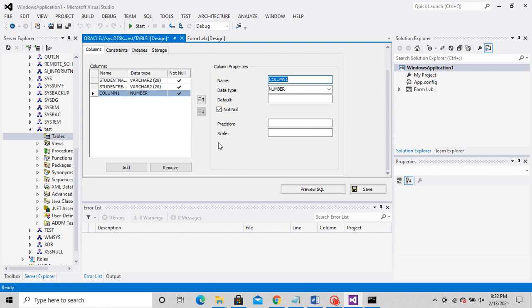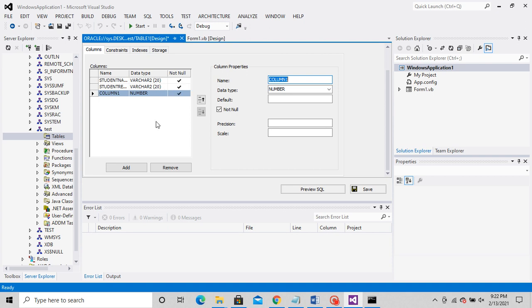If you want a bigger name, you can just increase it here. Here you can see varchar2 20. Since I did not change the size, it is coming as 20. If you want a bigger name, you can change this particular 20.